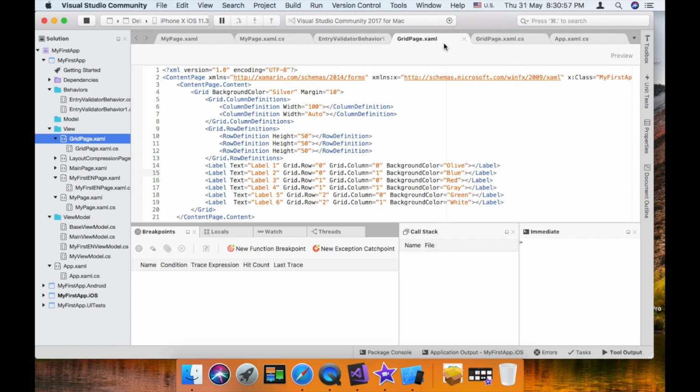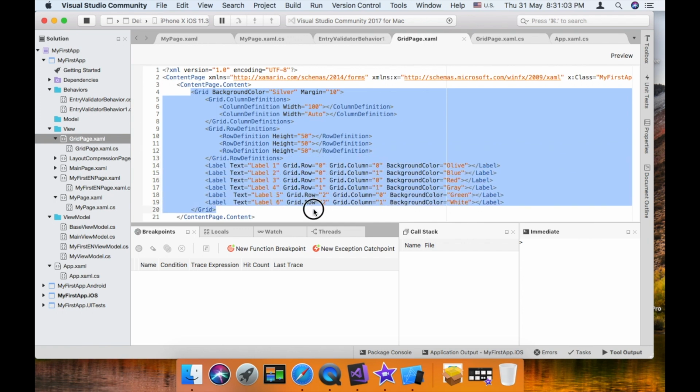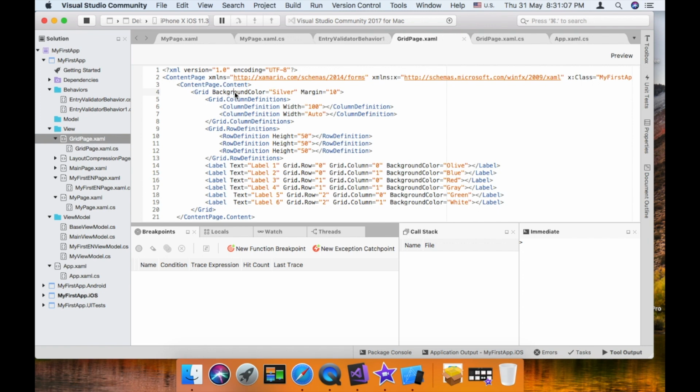I've created gridpage.xaml. Inside that I have already created a grid. The grid has silver background color and 10 margin for all the sides, all corners. And then inside that I have created